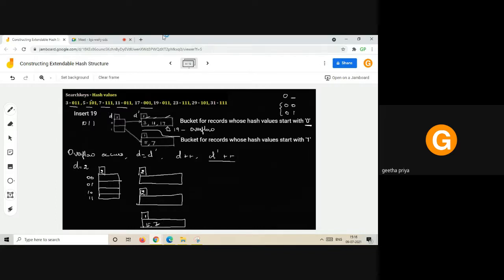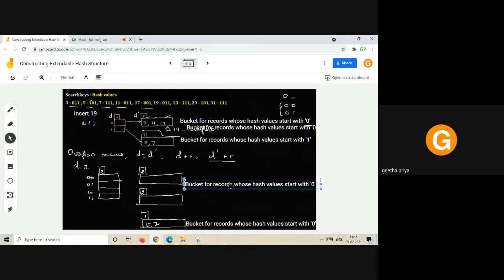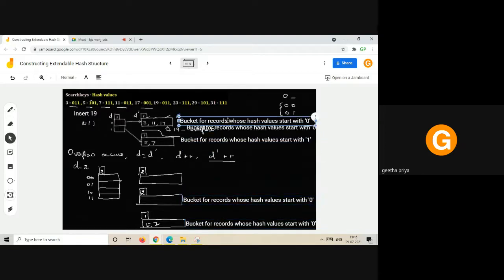Now let us first designate what these buckets are going to store. I told you with the 0 alone we could not put all the records within it. With the 0 I could place only 3 records.